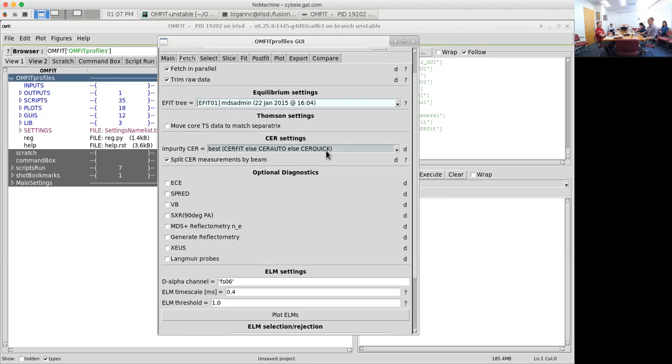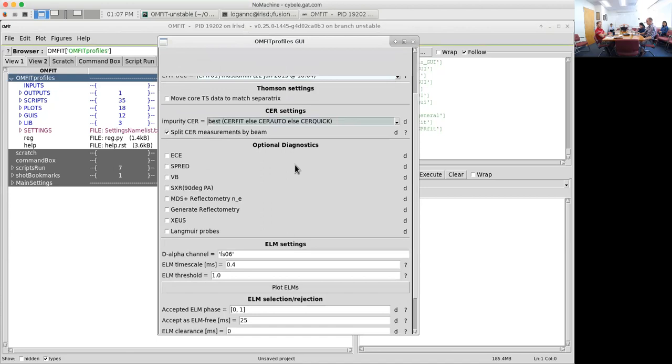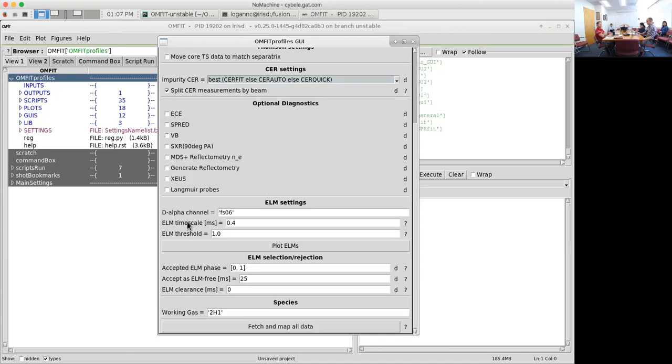And then we have some options for particular diagnostics. There's different levels of CER analysis, for instance, on D3D. And so this part is really where the machine dependence of this module comes in. After this, we strive to make all the operations as general as possible. So we have some optional diagnostics and a filter scope choice for different ELMs. We can check which one we want to fetch